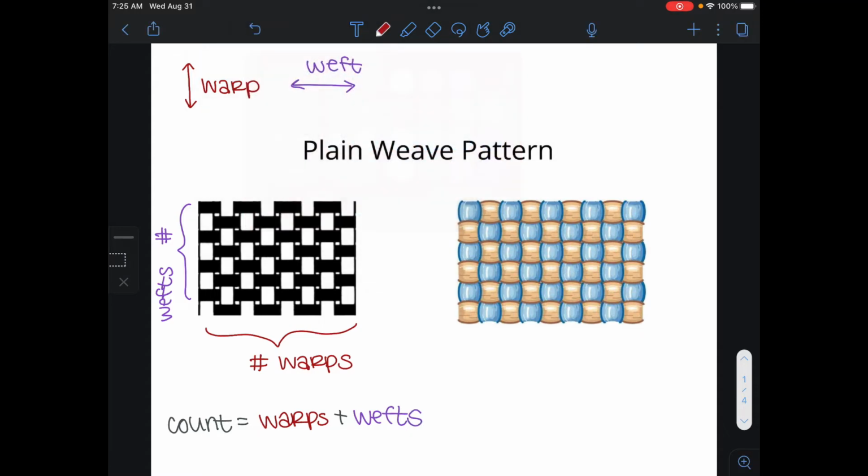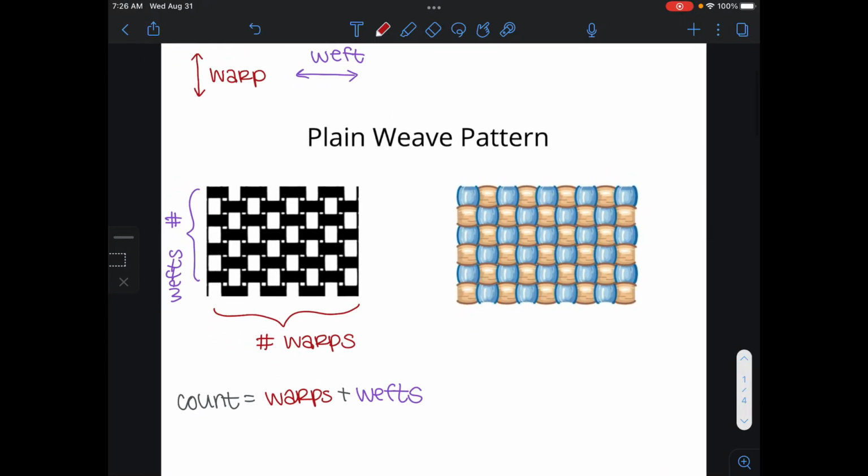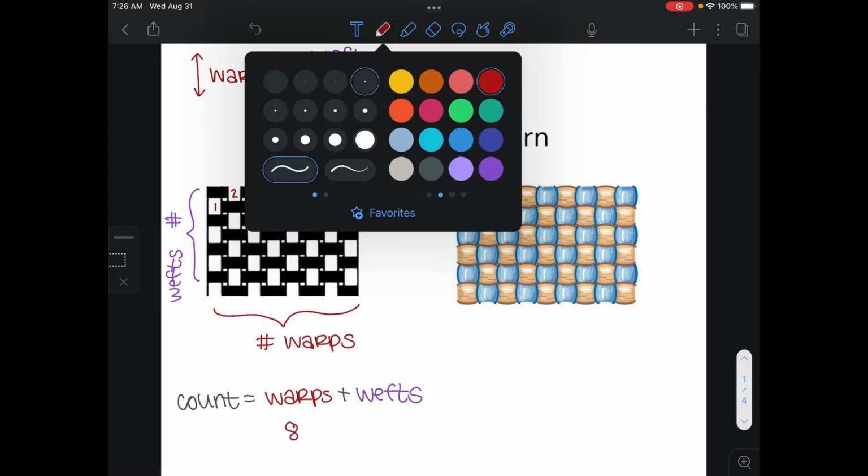So in this case, let's go ahead and count here on the pattern. I find with plain weave patterns, it is easiest to move in a zigzag pattern since it goes over and under. So this would be our first string, our second, 3, 4, 5, 6, 7, 8. So across we have 8 warps